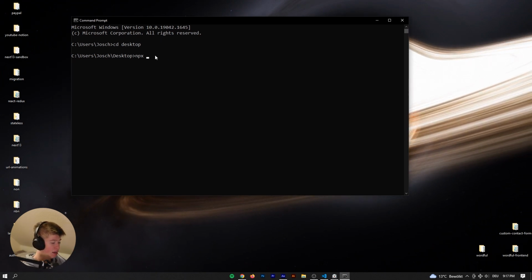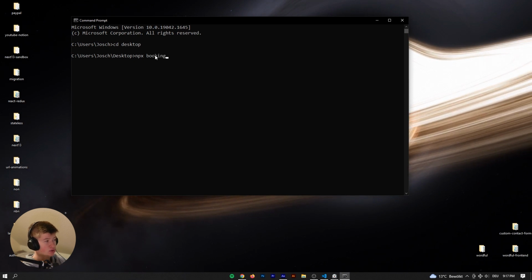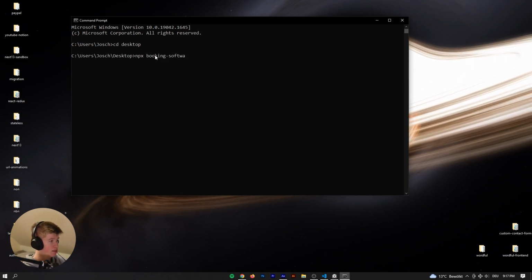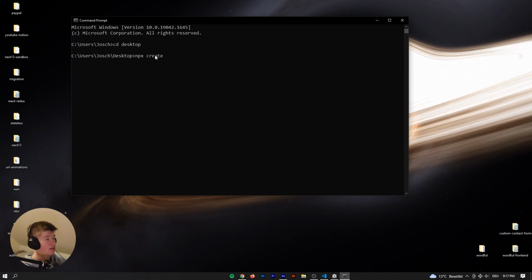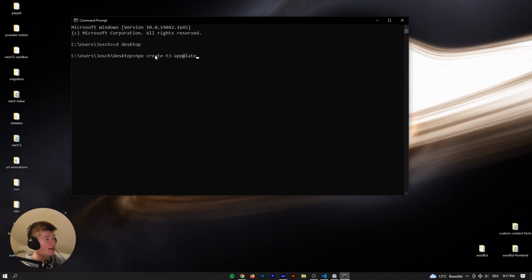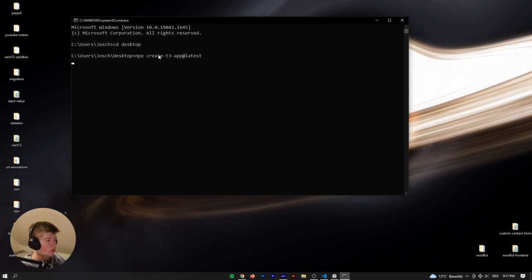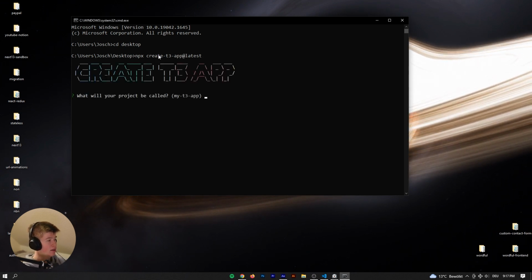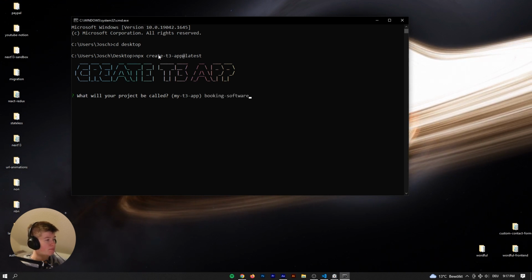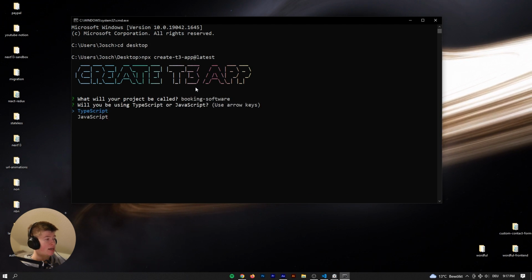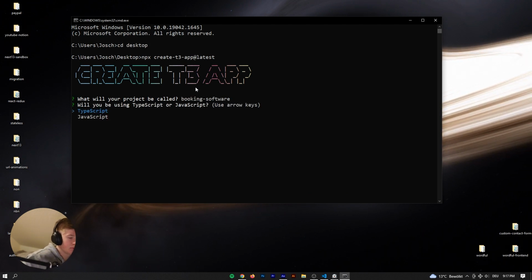Alright, now let's create a folder called booking software. Wait, that doesn't make any sense. npx create-t3-app@latest. That's what we need to do. There we go, and then it's going to ask us what we want to name it, and that's going to be booking software. Now the reason we're using create t3 app is it makes setting up